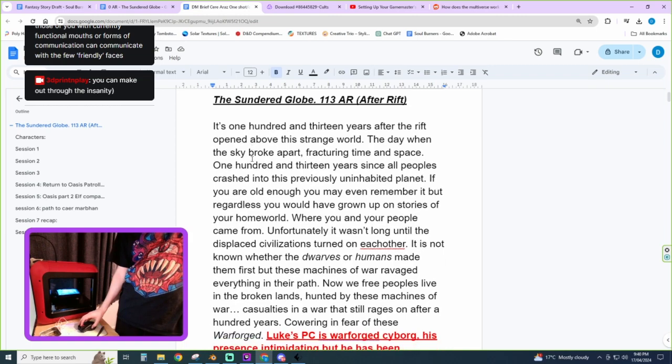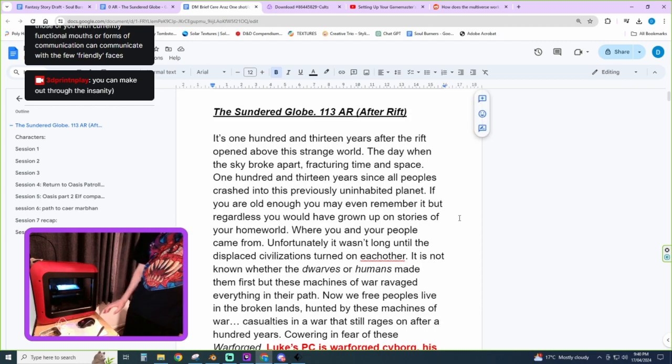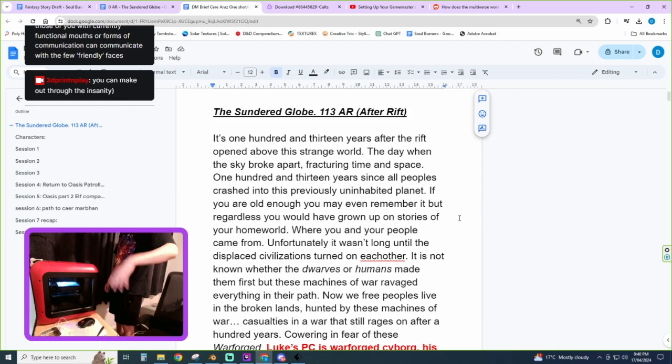You guys can check out my other Sundered Globe one if you like. My brother's in both of these campaigns, so he's going to transition between them. But all of the players played in a very old version of this world, so that's going to be kind of interesting too.